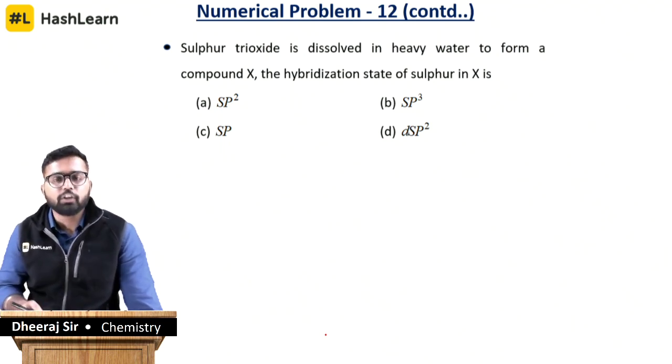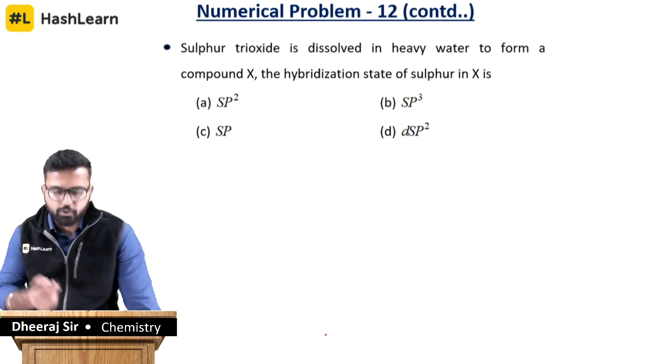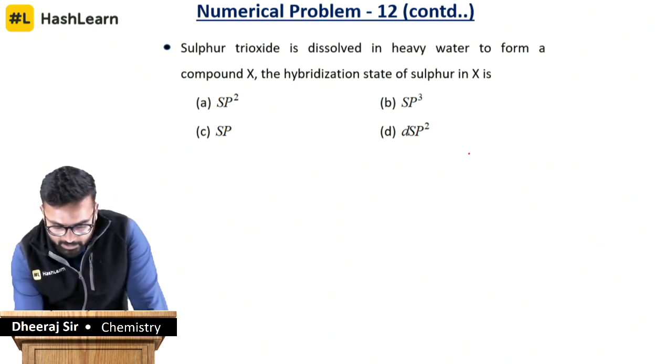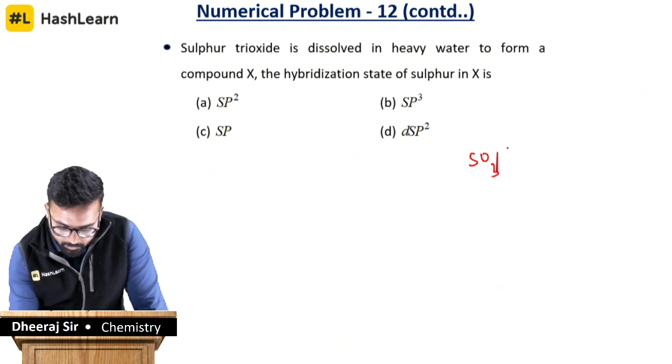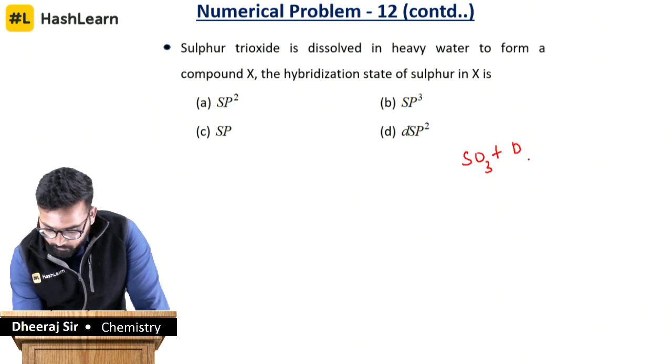Instead of dihydrogen oxide, it is dideuterium oxide. Do the same thing as you do for regular water. So take sulfur trioxide plus heavy water, D2O. It gives you